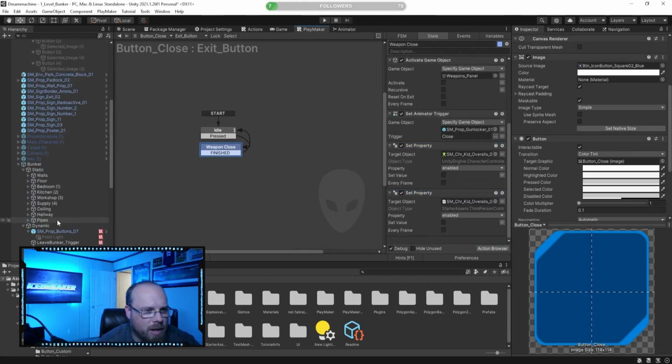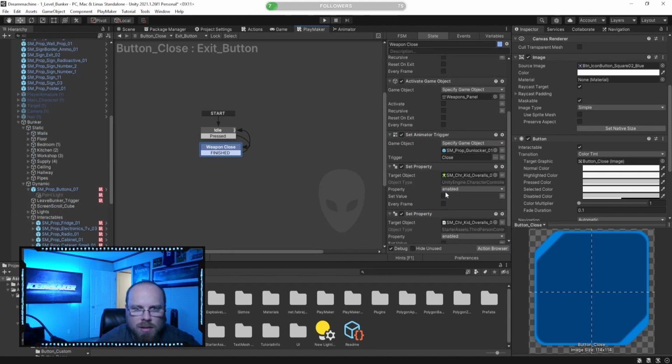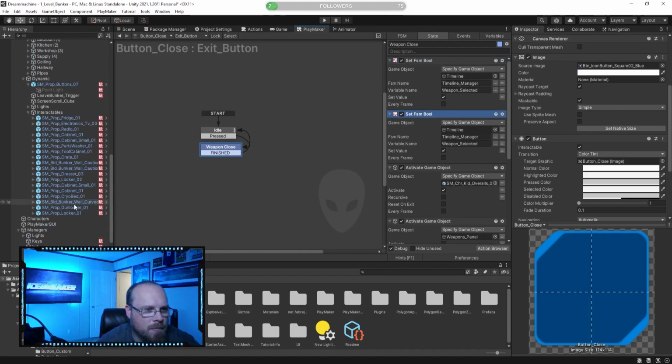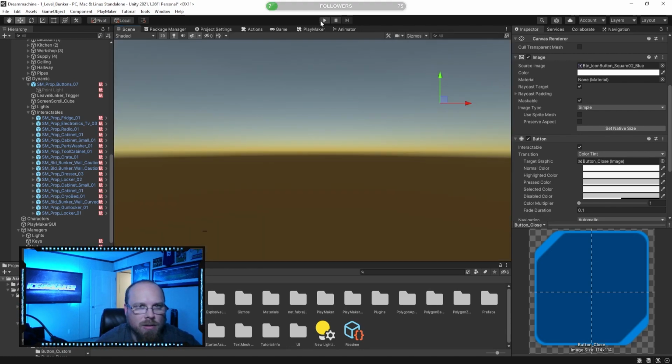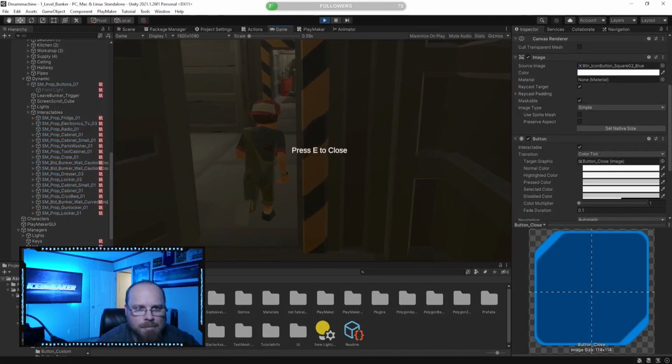And then if you remember right, we need to access another Boolean value. So we're going to go ahead and copy this, set FSM Boolean value, and we're going to do it on the actual gun locker itself. And we're going to say, hey, is open is now off. So it's back to being closed, and that should update and change our